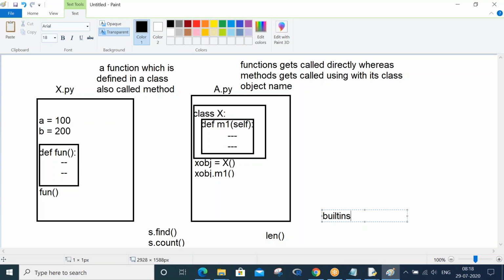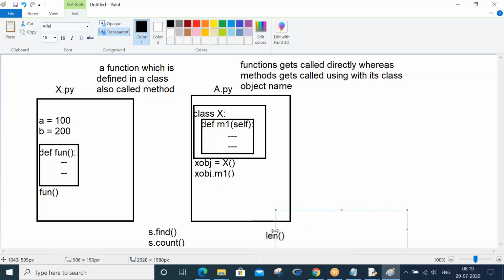I have given this for the input function, I guess. Under built-ins, your print comes under built-in, your type comes under built-in, id comes under built-in, and len comes under built-in.